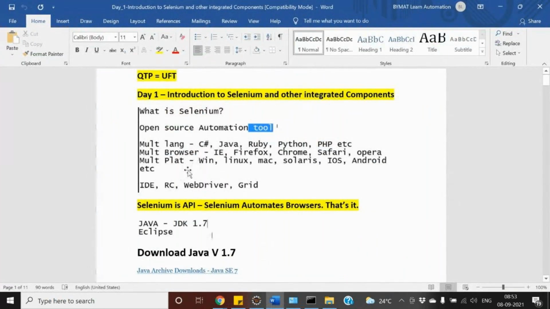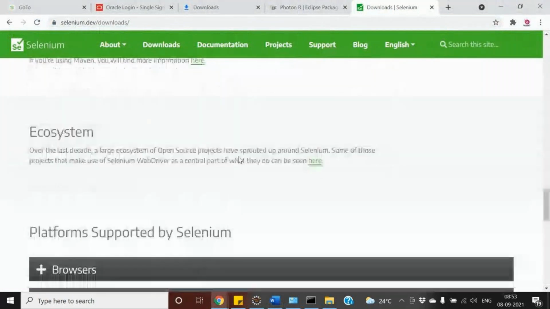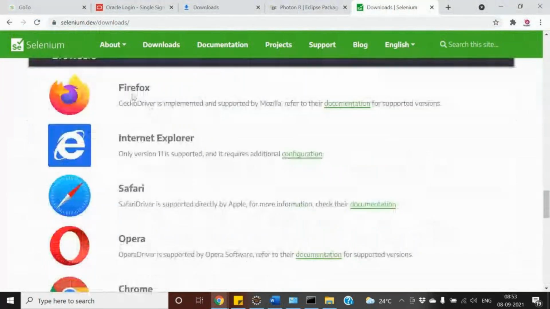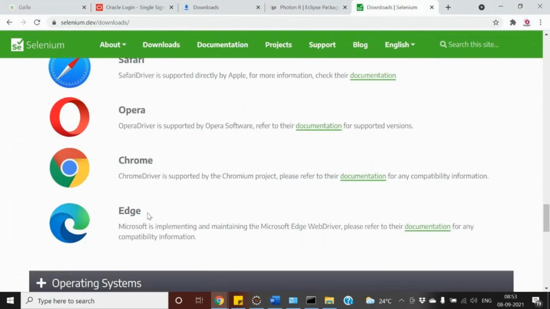And for browsers, it is supporting all the browsers: IE, Firefox, Chrome, Safari, Opera. If I look at the browsers here, Firefox, IE, Safari, Opera, Chrome, and Edge is also there, the new browser.